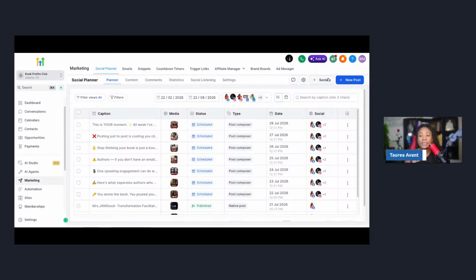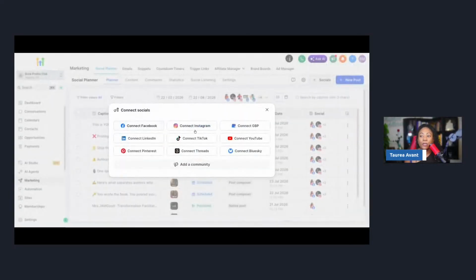And as you can see, you can connect your Facebook, your Instagram, your Google business profile, your LinkedIn, your TikTok, YouTube, Pinterest, Threads, and Blue Sky. So you can connect all of these social media platforms. And yes, by the way, you can schedule out videos and everything through the social media planner.